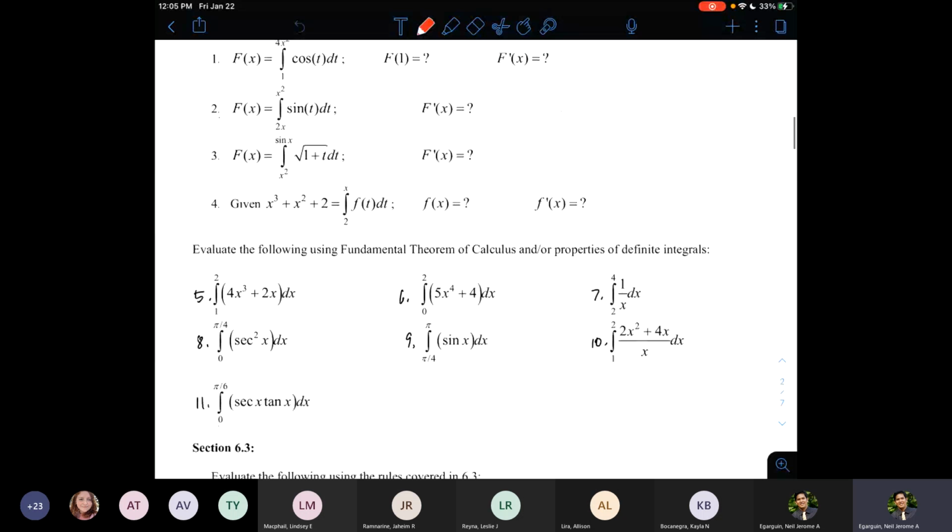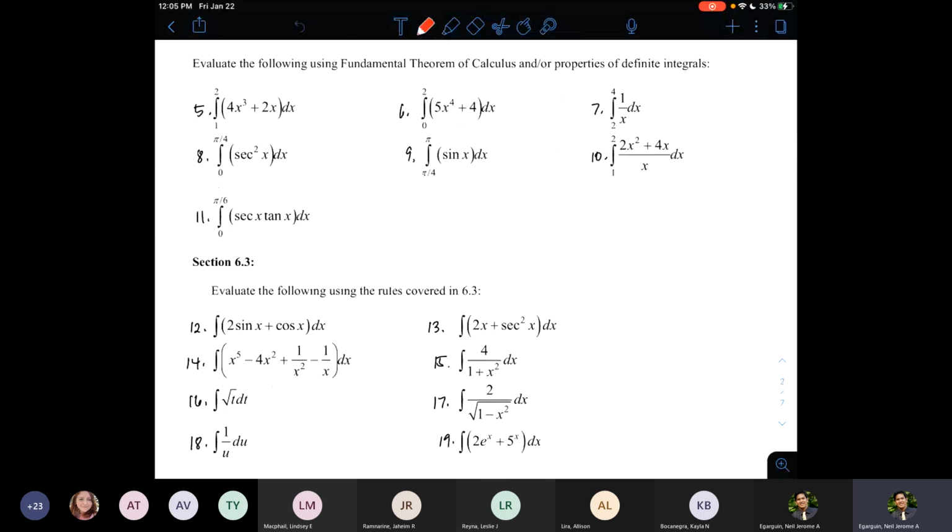Okay, here you go. And then I remember I mentioned to you to try to answer problems 5 to 19. Problems 5 to 19 are questions pertaining to the elementary properties of integrals, like the fundamental theorem and basic integration rules. And those from section 6.3 will just require direct application of those basic rules plus the basic integration formulas like the power rule, and then using the table of integrals, like how to integrate the basic functions or elementary functions, which are the ones that we have encountered